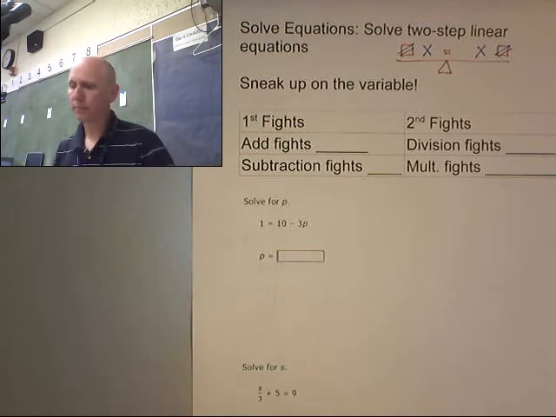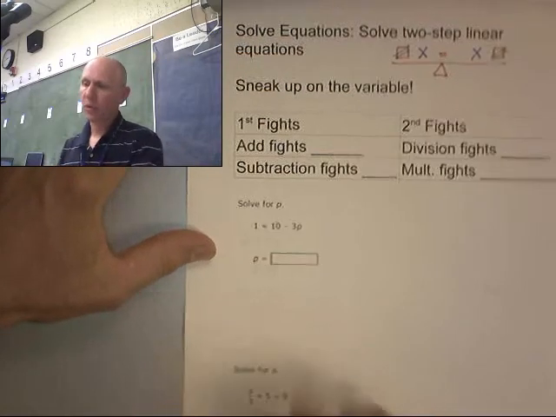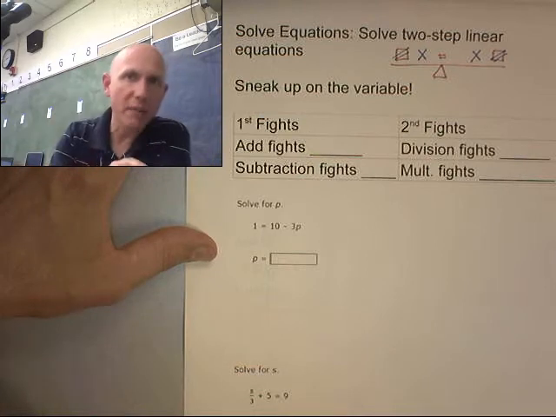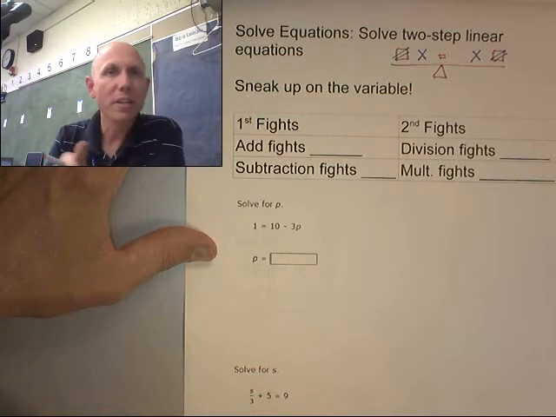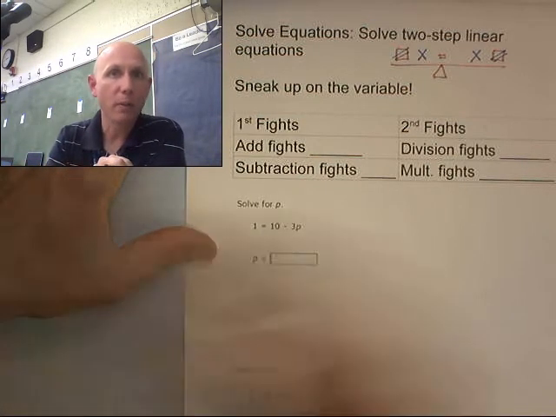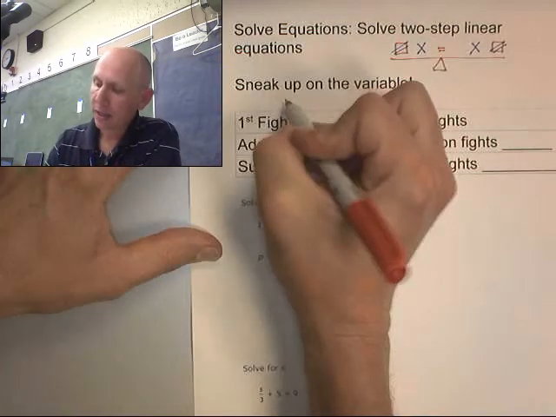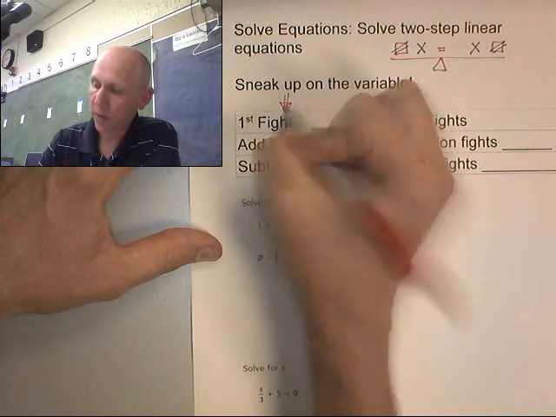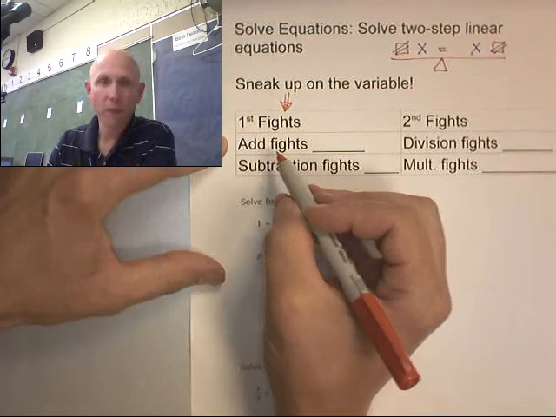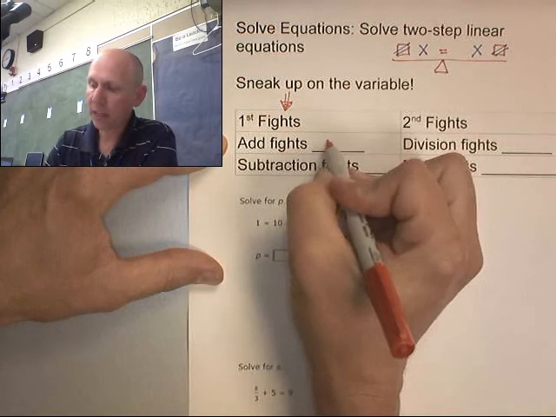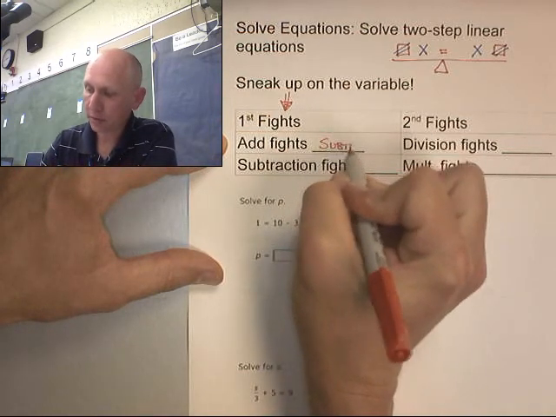All right. So a couple of ideas. 1, sneak up on the variable. Don't jump right at the variable. Start with the numbers around the variable first. We're almost always going to do it in 2 steps. We have these first ideas here. First, I'm going to think, do I need to add or subtract? Remember, addition fights subtraction,